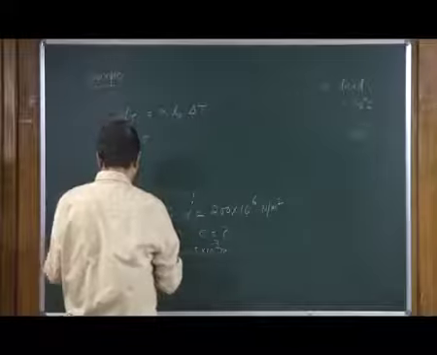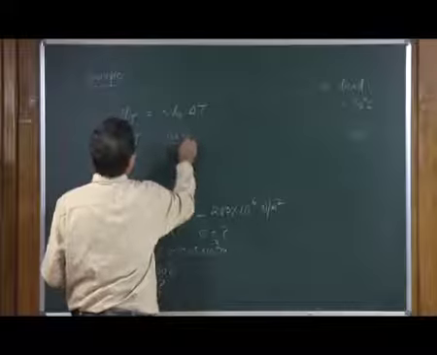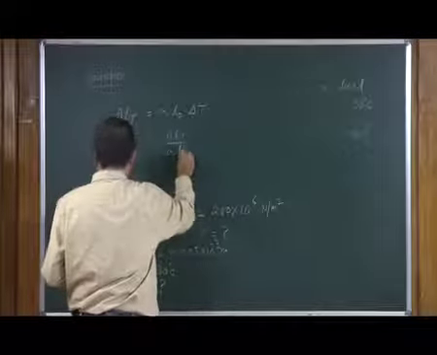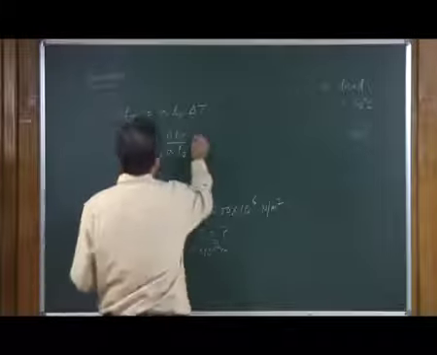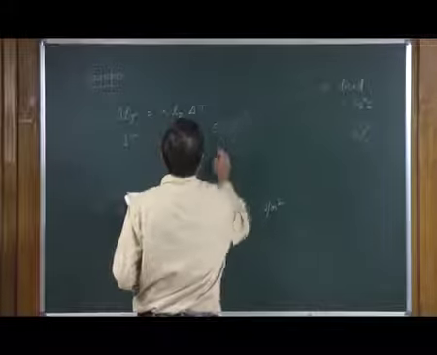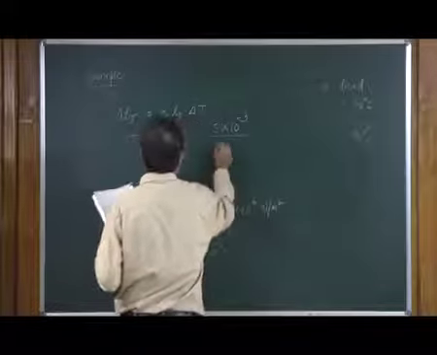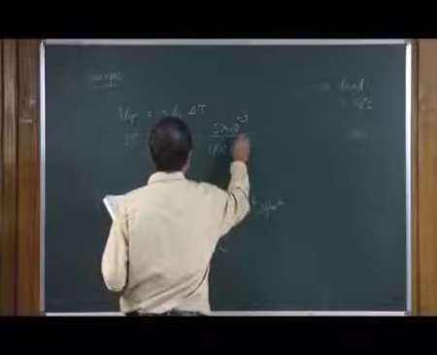So, delta T is equal to delta L sub T divided by alpha L0, and if you put everything in, 5 into 10 to the power minus 3, and this is 18 into 10 to the power minus 6